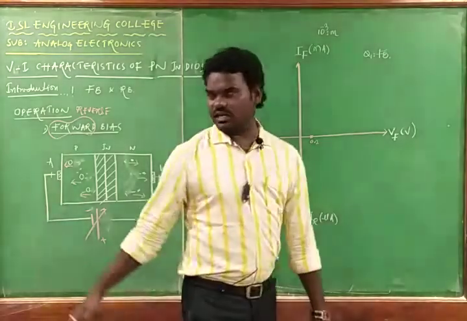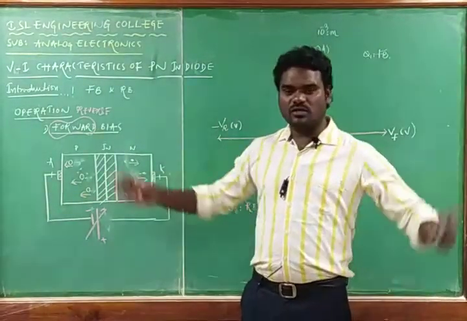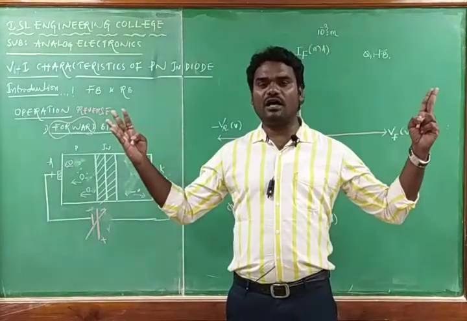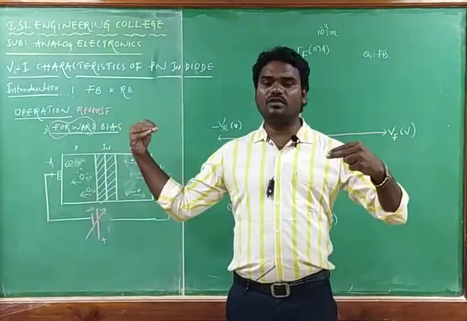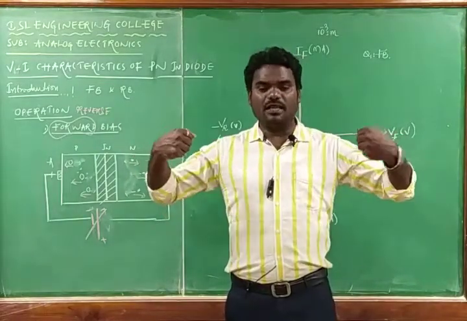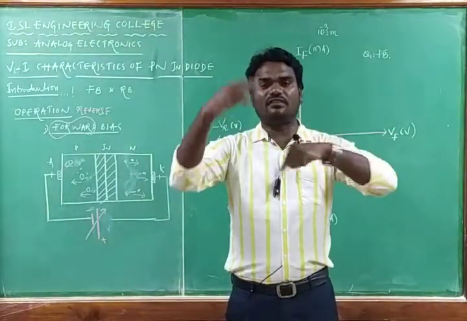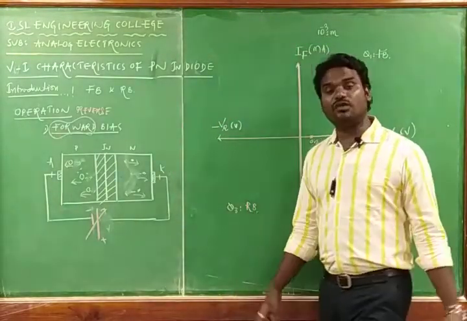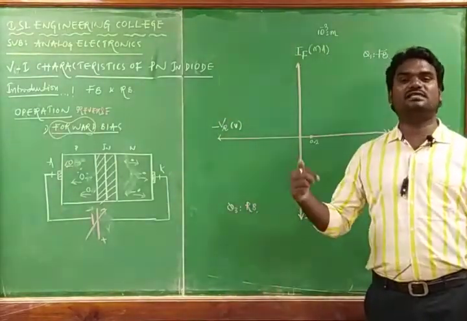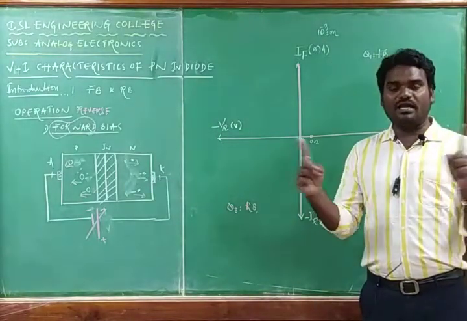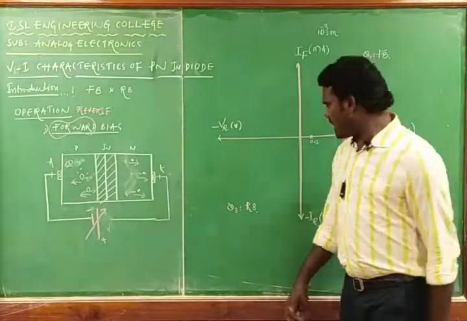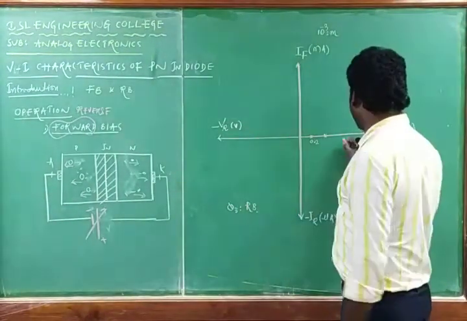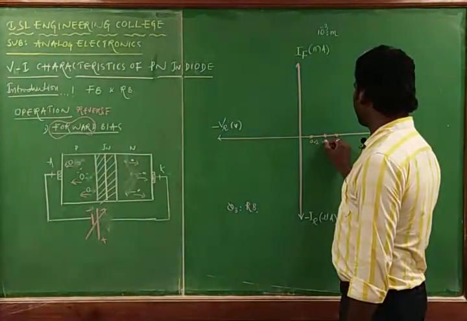At 0.2 volts, that means what? The 0.2 volts of force moves the holes and electrons towards the junction, so they push the barrier. The height and width of the barrier decrease, but it won't conduct current because the barrier still exists, with a decreased width. Again we apply 0.4, and it decreases further. At 0.6 it is ready for current conduction.